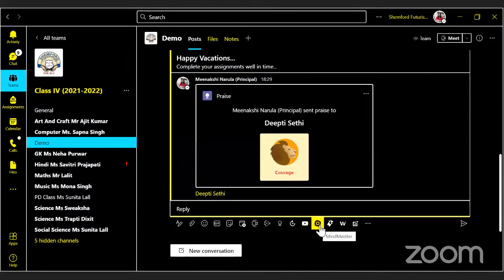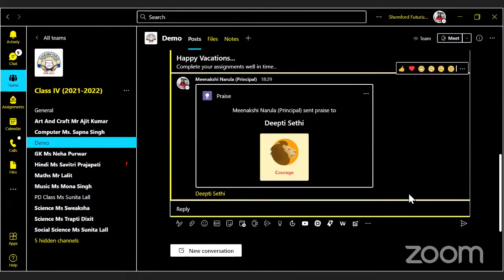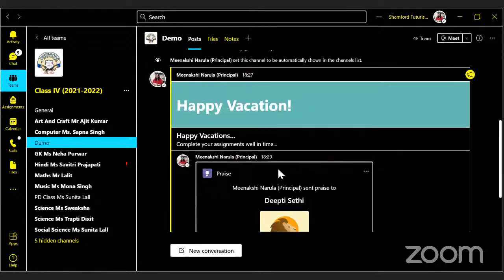So here MindMaster is a mind mapping tool. I have already added it over here. And Polly, I have added these apps. I told you, from this side, look at the left hand side tab, apps. When you click over here, you will get a number of apps, and you can add them to one team and it will be reflected in all, because I am admin. So I have added this mind mapping tool, this Polly, Wakelet, all those things I have added over here. So all my team members, all my students, all my teachers will be able to use it. So there are a number of features.